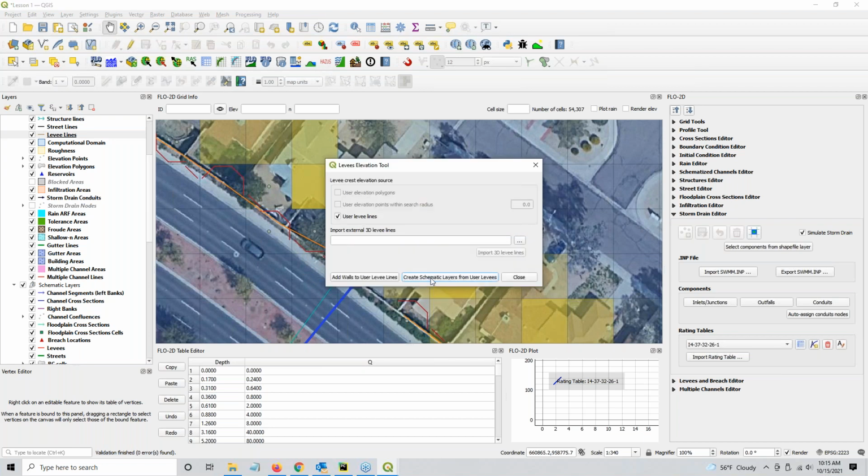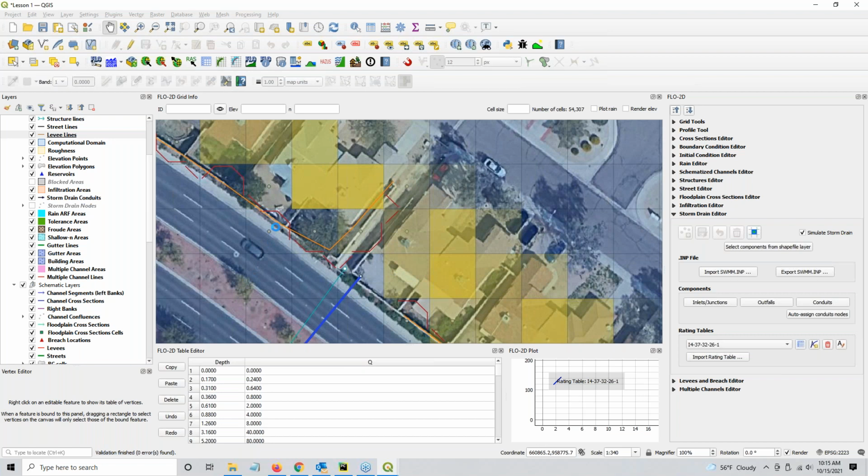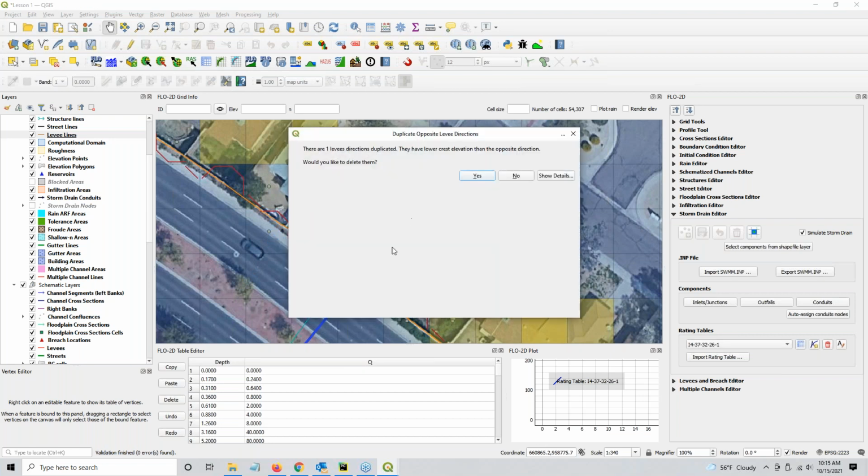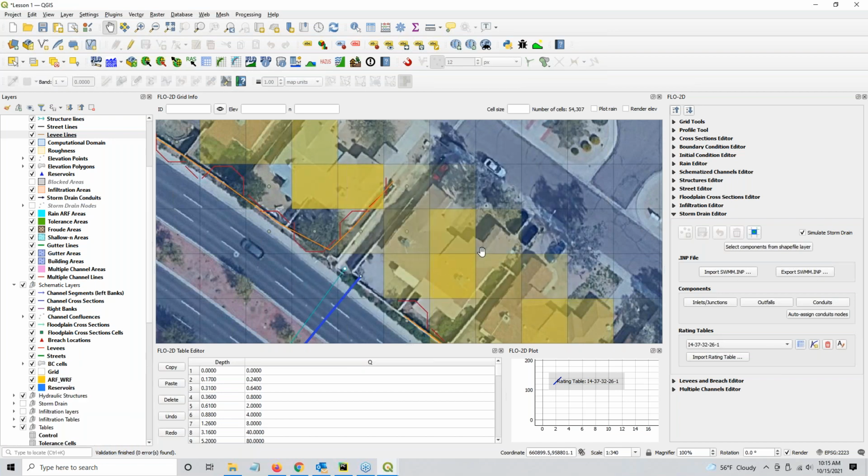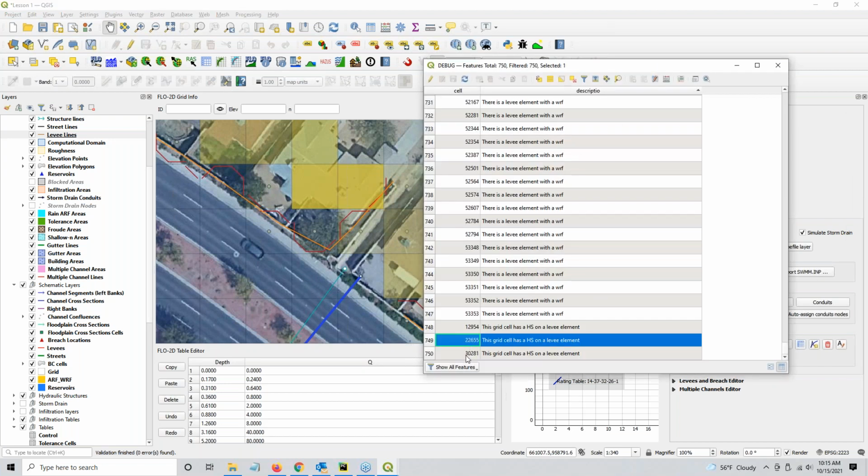and click create the schema layers, and we'll see how the positioning of those levees changes. If you have any that are duplicated, yes, delete the duplicates. Okay, and see how that changed now? And now this is open, and so our water can get down here to this structure. So that's good. All right, let's go ahead and go back to another one,